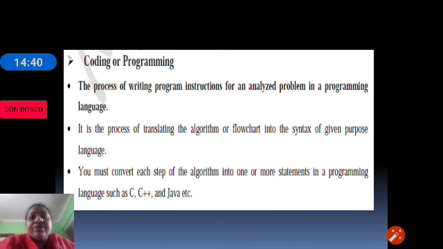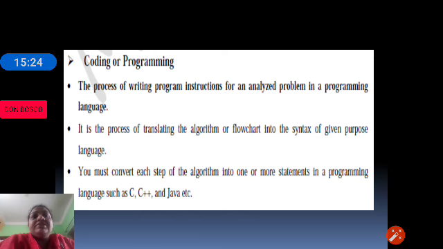All the problem solving methods we have learned so far, that is definition, analysis, algorithms, all these methods are for our use. All these methods cannot be applied in a computer system because the computer will not understand algorithms or flowcharts. For that we have to write a program. So to write a program we need computer languages. The process of writing the actual computer program which can be typed and executed is called coding.